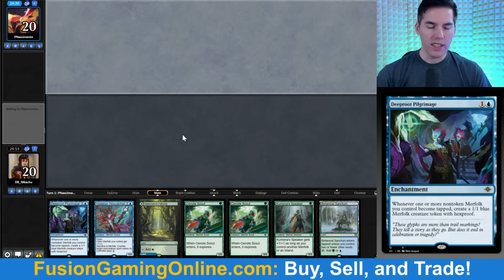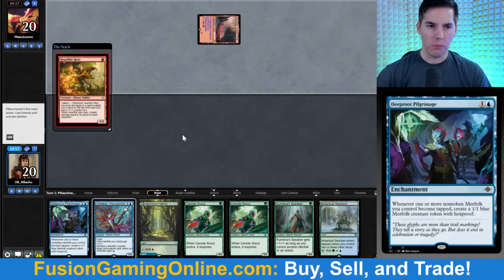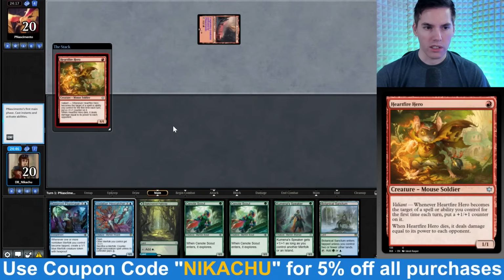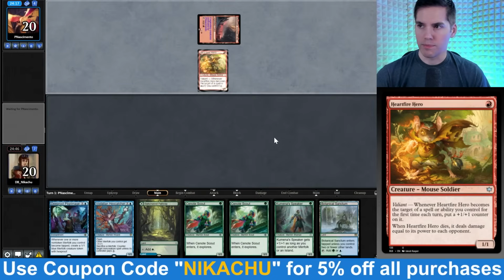Oh, by the way, I was thinking about how to make the Cocos better in this deck. Probably adding a bunch of Glasspool Mimics would be a huge deal. Ooh, the Heartfire Hero. Interesting. Okay, so this is the new...